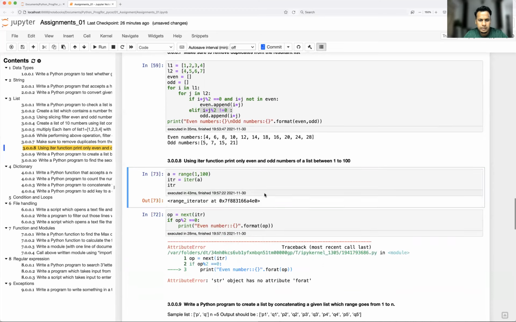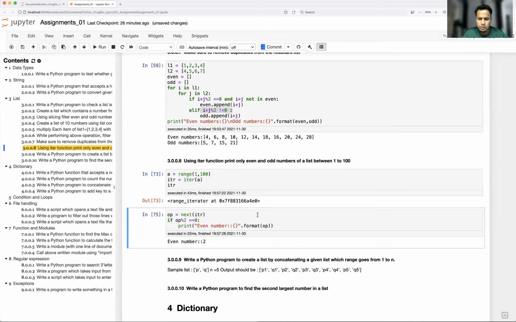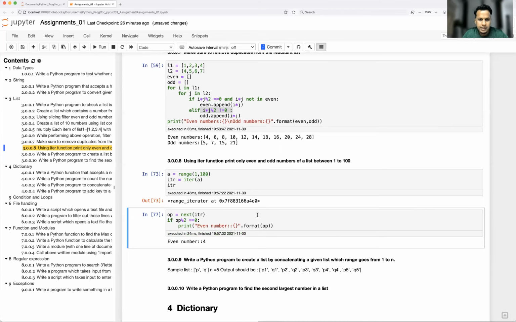Okay, so let's run it. Even number 2, the next will be odd, so it is not going to print. It is going to print only even numbers, right? So that's how you iterate.